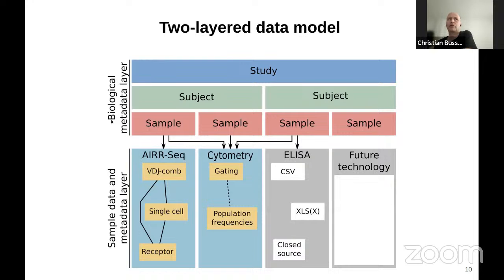But we also have what we call the biological metadata layer. This can usually be structured into three categories: study, subject, and sample. Study would be the most top-level information: who did it, what's the title, a couple of keywords. This is roughly what would be in DataCite or Dublin Core, for example. Then there is information on the subject, additional information on the sample, and then the sample is used for a given measurement. Importantly, semantically, there is a very good match between the individual standards and how they define it,